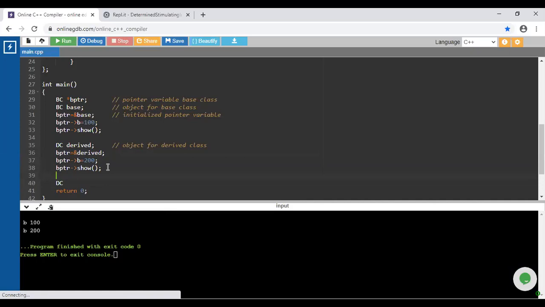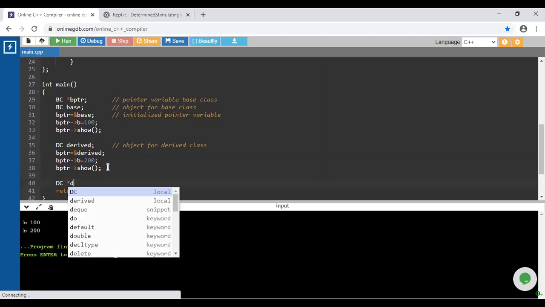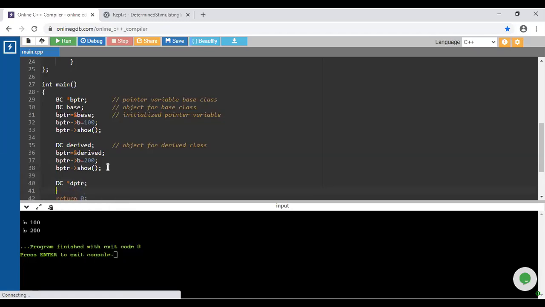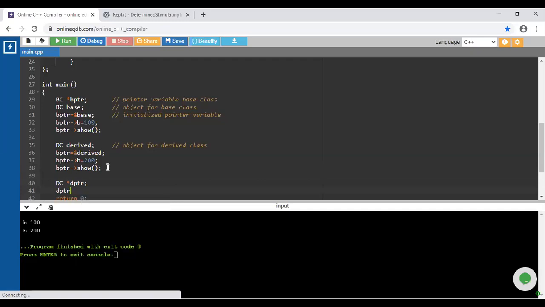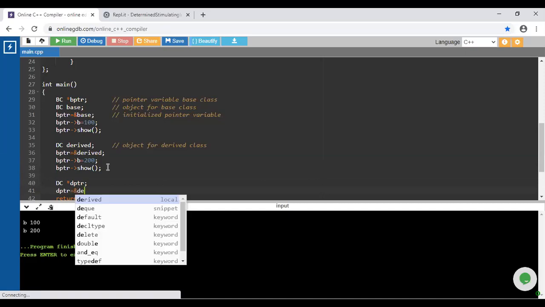Next, we are going to create a pointer variable for the derived class, the d pointer variable, and initialize it from the derived class object.